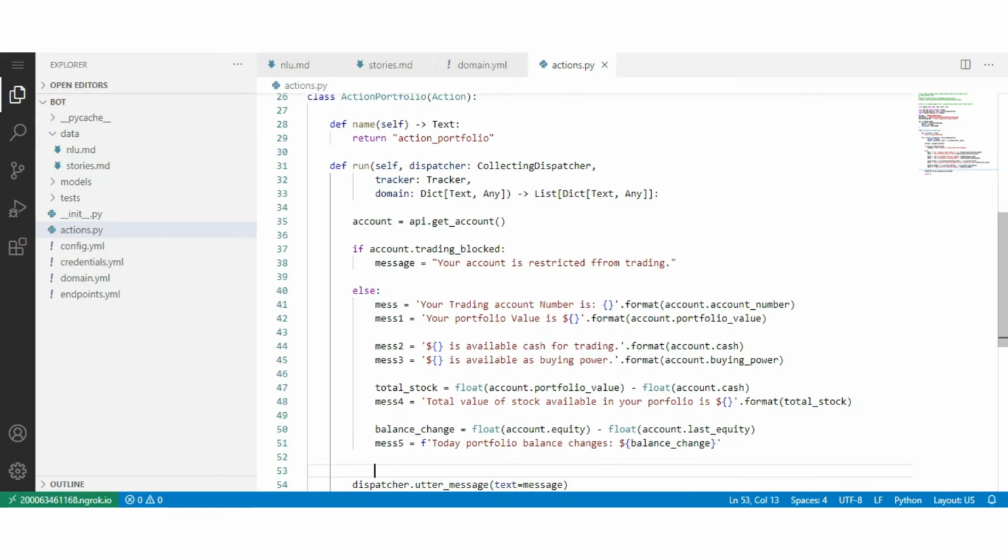After that, merge all the variables into one, and each variable is separated with a new line.